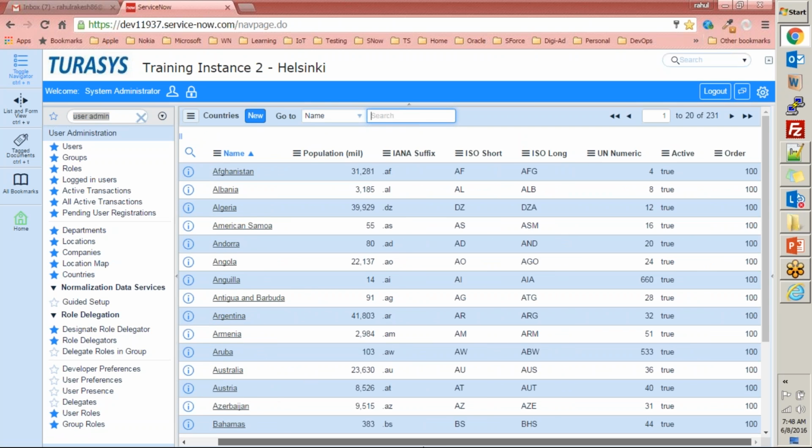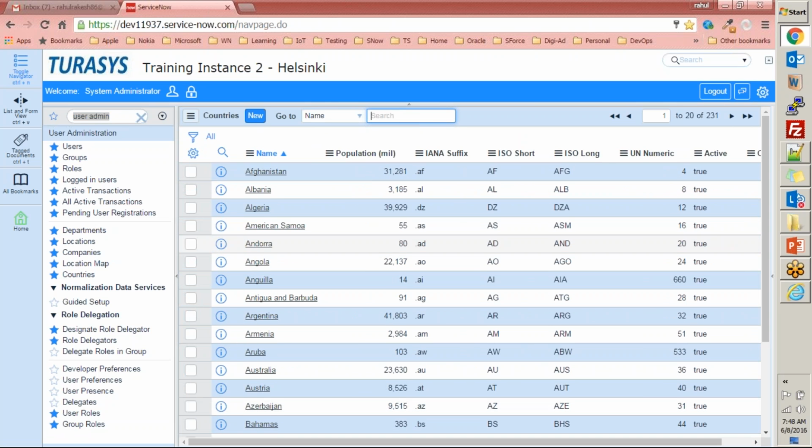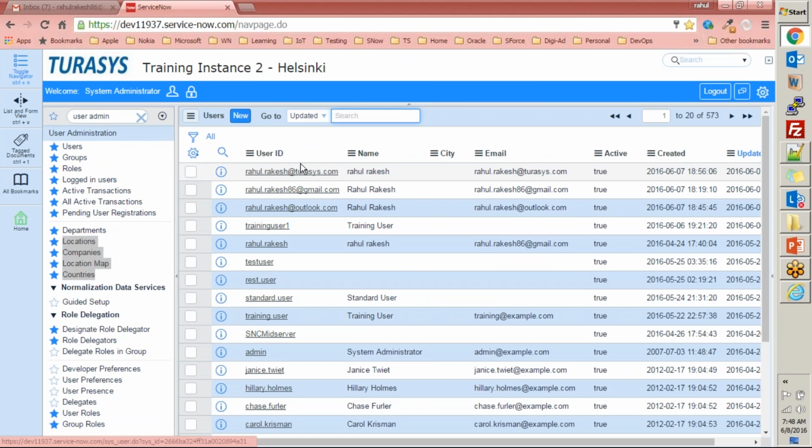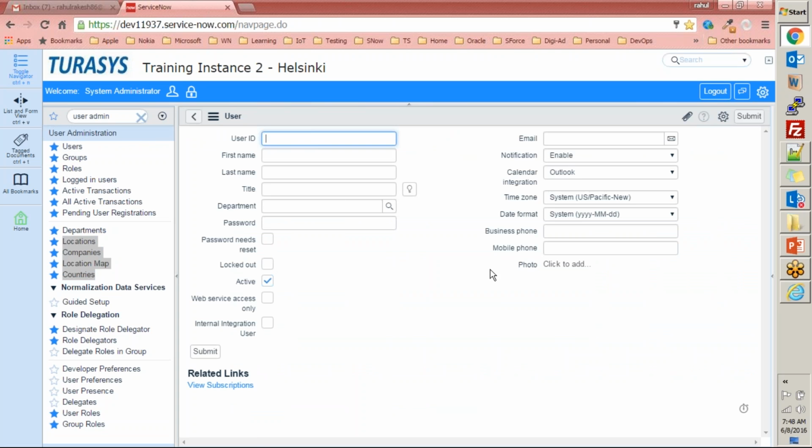So for countries, you will have these many items and then you can create a new country, right? So these are some basic master data kind of information that you go ahead and create. These all come into the user administration. And these all will be required to put this information here when you create a new user, right? So for that you have all these information to be provided.